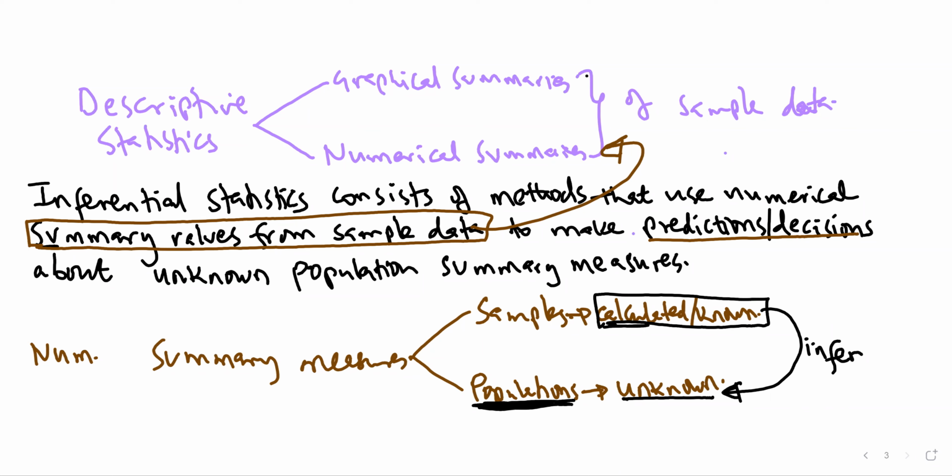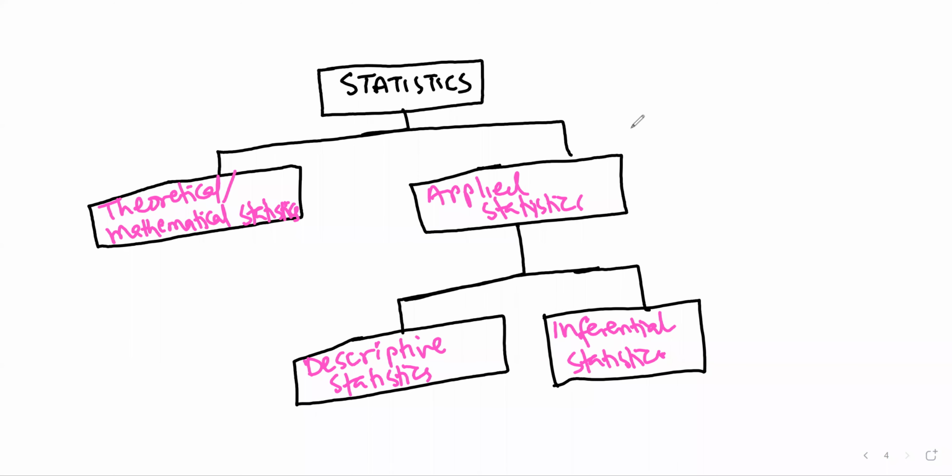So basically, that is the concept of statistics and how statistics can be classified. I want us to summarize that information in a flow chart as shown below. So that's a flow chart showing how to classify statistics. You'll notice that